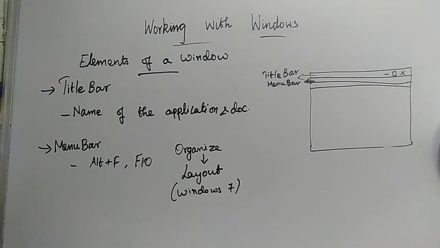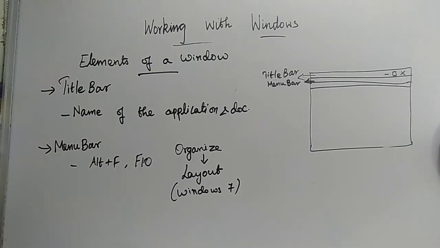How to open this one, otherwise how to click this option, that is how to select this option. Clear with this one? Yes. Next we can move on. So these are the keyboard ways. Otherwise you can just click your mouse near that menu. A drop down will be there for you. From that you select the options that are needed. So, clear with this menu bar.